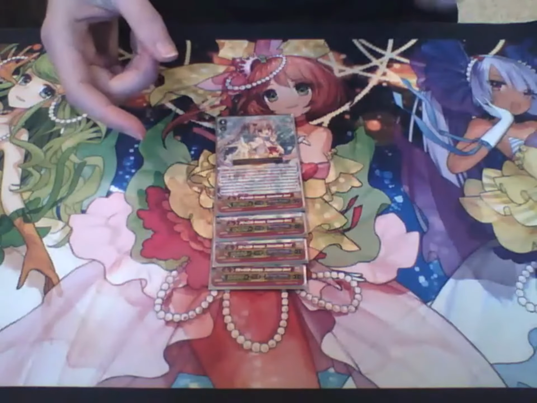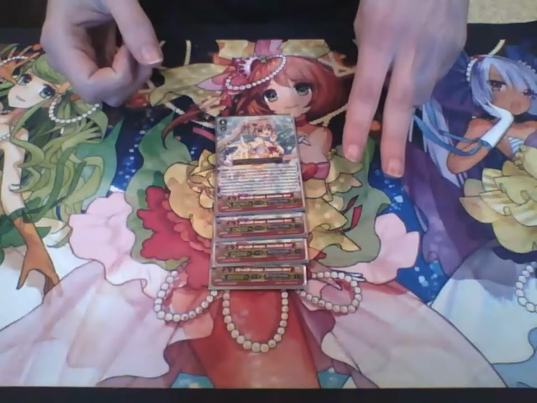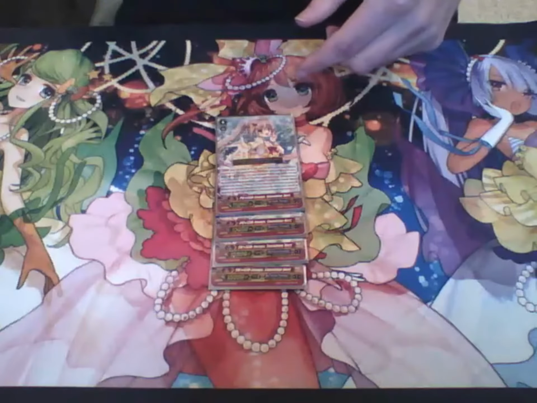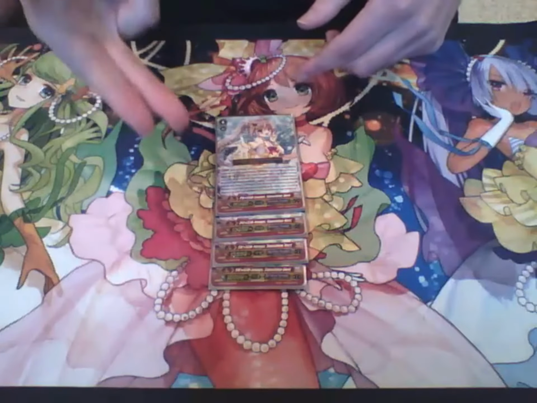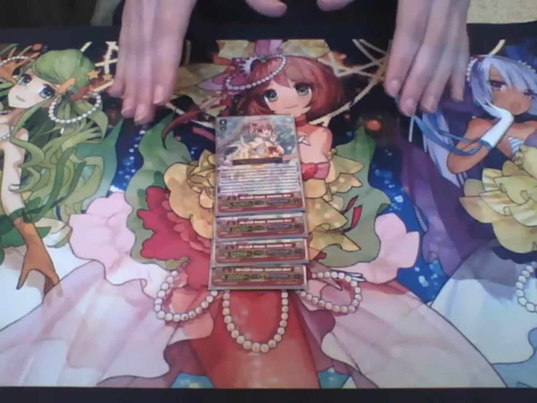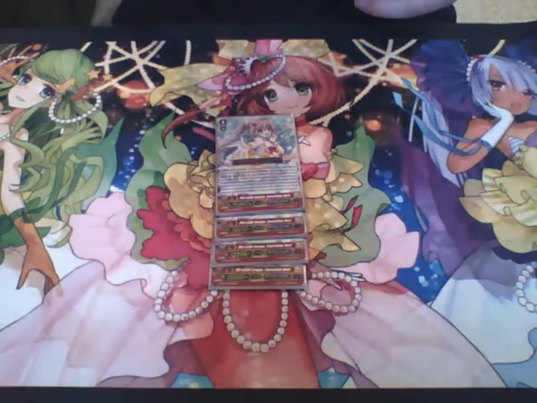If you do, choose up to 2 of your rear guards with Prism in their card name, return them to your hand, put this unit into your G-Zone face up, choose up to 1 grade 3 card with Prism in its card name from your hand, and write it as stand. Now, the only thing you have to do to get this card working is